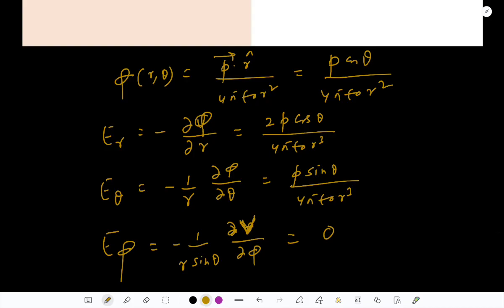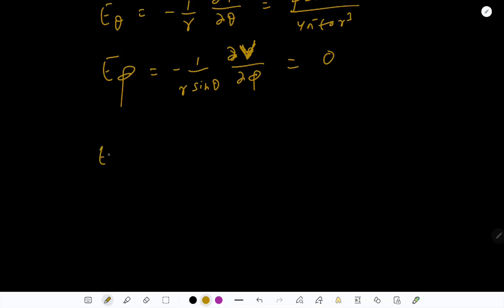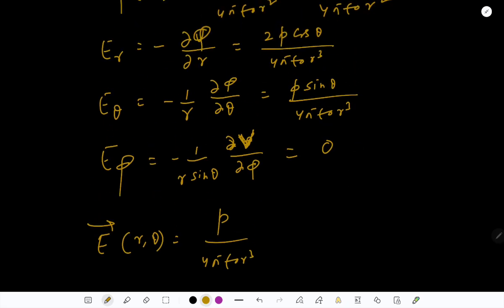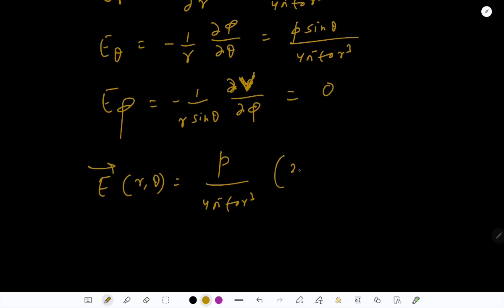And the electric field, finally, you can write in terms of r and theta in vector form as p by 4 pi epsilon naught r cube, and its radial component has 2 cos theta as a coefficient after taking p by 4 pi epsilon naught r cube as common, and you can write a unit vector r here, and plus,